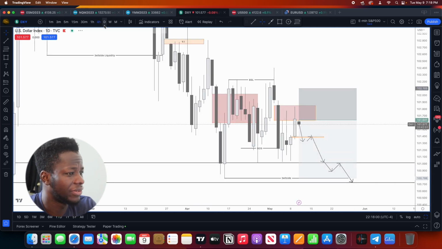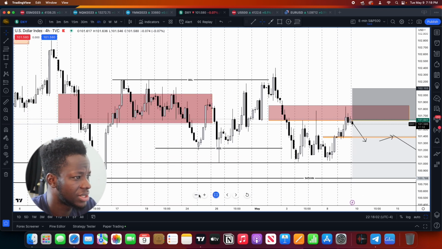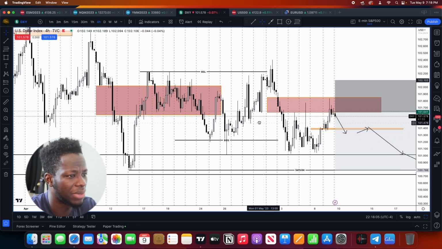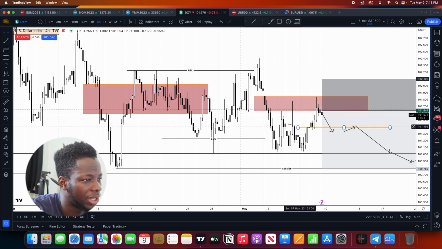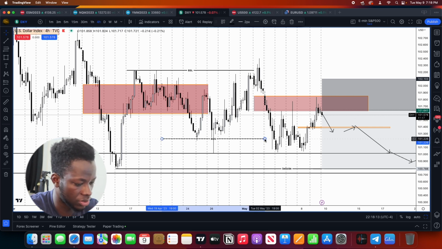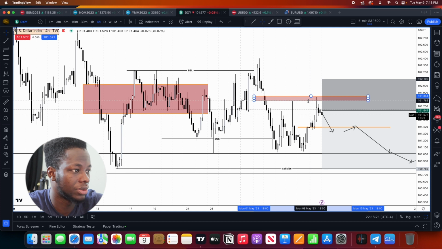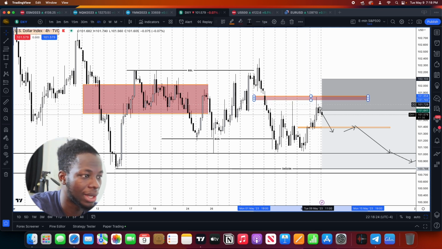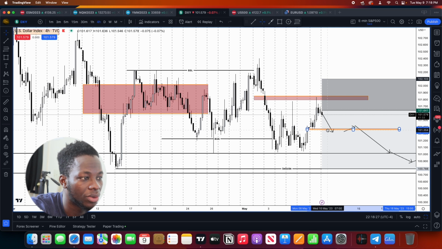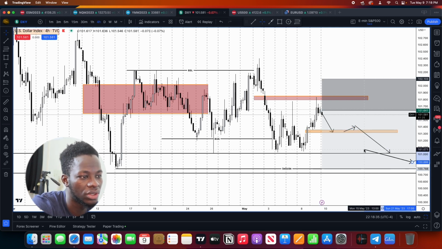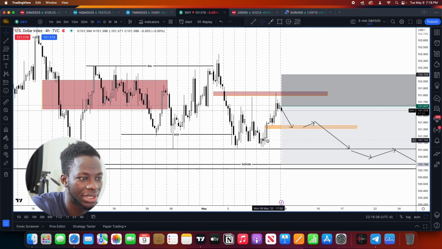I don't think I have anything on the 4 hour. As you can see, the 4 hour really illustrated much better, because on the 4 hour we have buy side taken, we trade below, break of structure on the 4 hour, and trade back into the fair value gap. Today we trade back into, this is a daily fair value gap, so we trade back into the 4 hour fair value gap. Now I'm expecting a run lower. I'm expecting maybe some kind of small retracement right here, and then a continuation toward the downside.